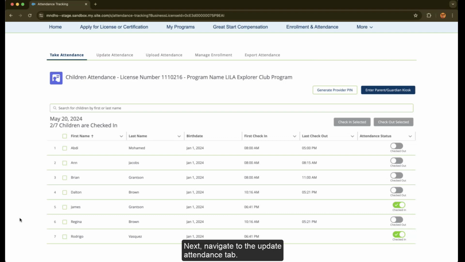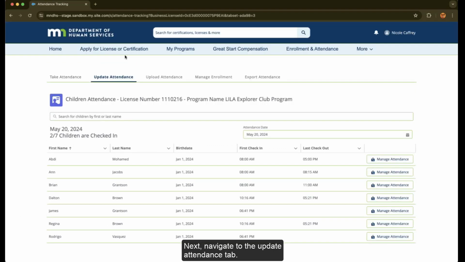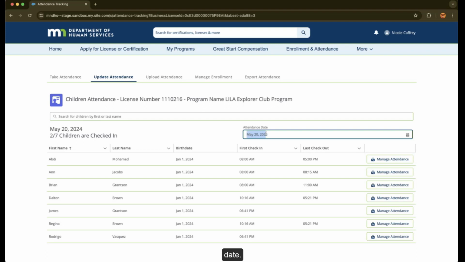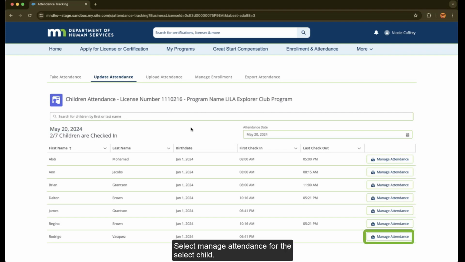Next, navigate to the Update Attendance tab. Check the attendance date to ensure you are on the current date. Select Manage Attendance for the select child.